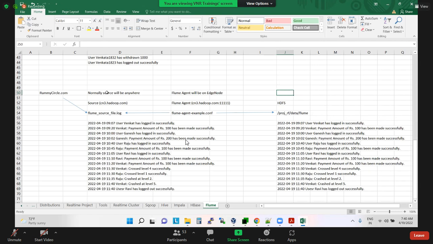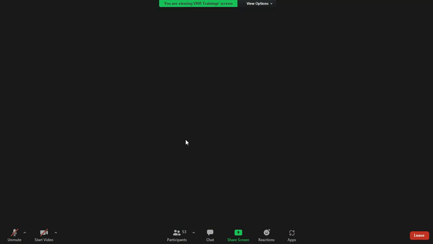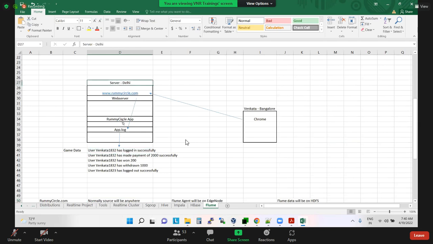Flume data. Now you see, anywhere. In this example, maybe